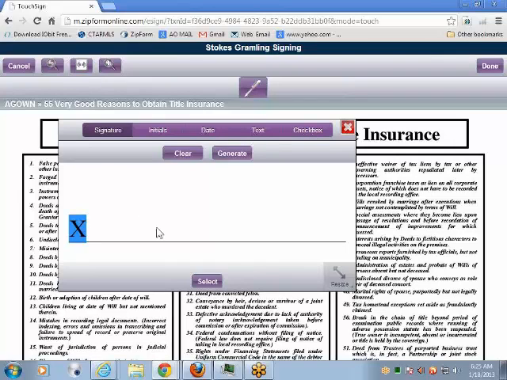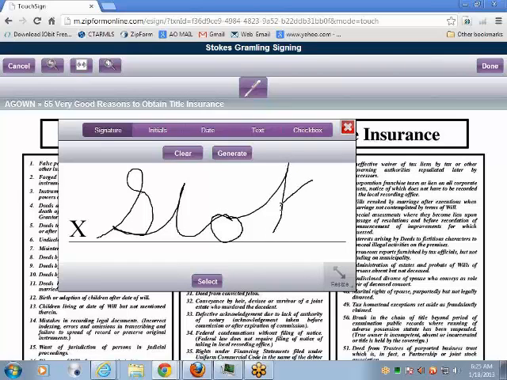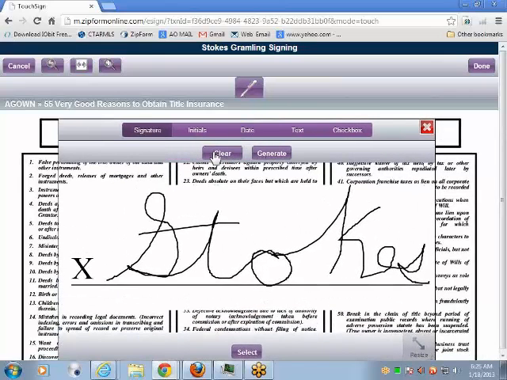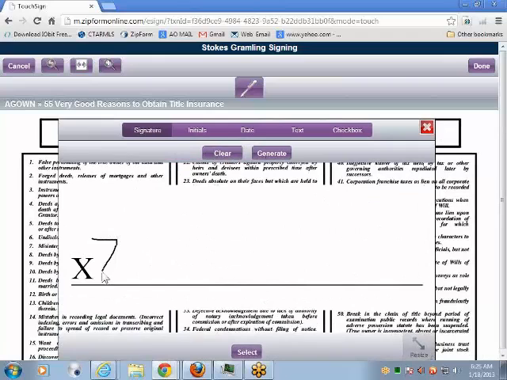Now I can go in, and with the mouse I can actually use the mouse cursor and sign my signature. And notice that with this, the signature took up the entire space. Obviously that doesn't work well. So what you can do is go in and resize this, clear that up, and then you can have a little bit better area to write. Now, if you have the touch screen,